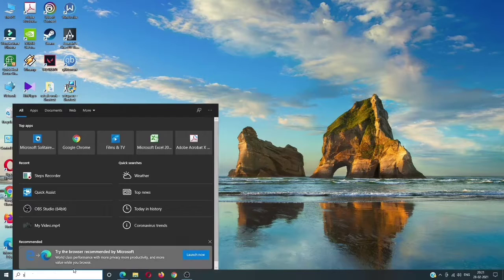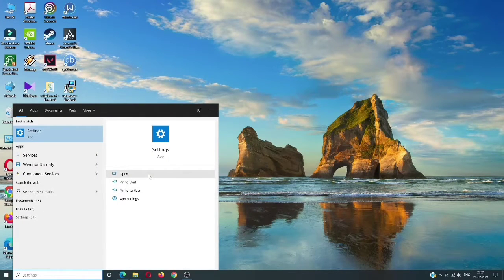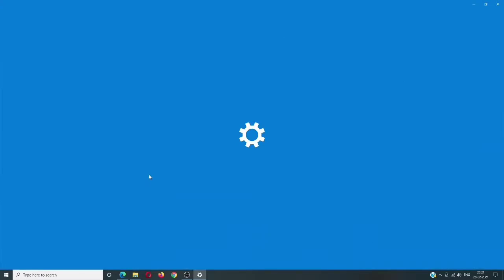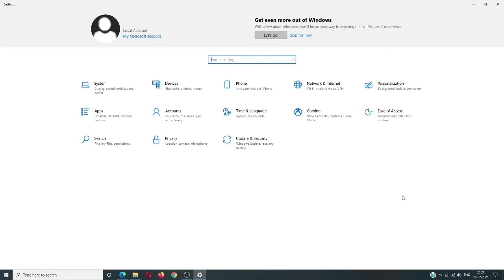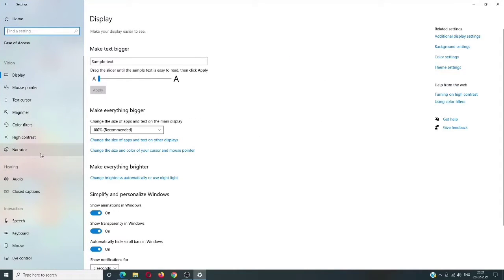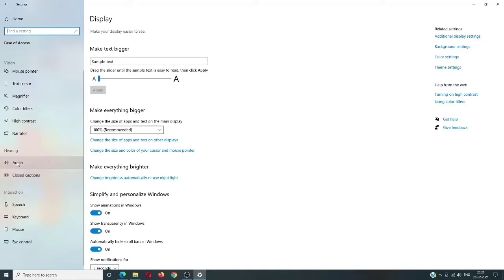So the last in our list is called speech recognition. For that you have to open settings, go to ease of access, and you have to go to speech. You can find it also in the search bar.